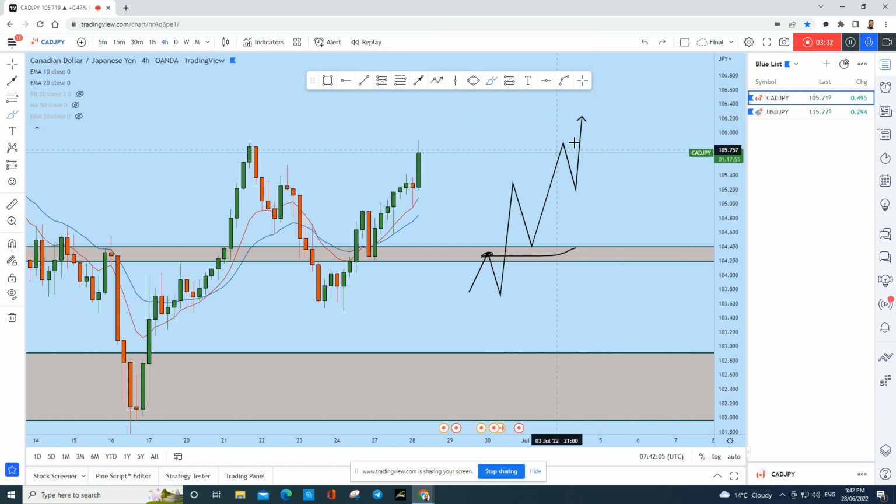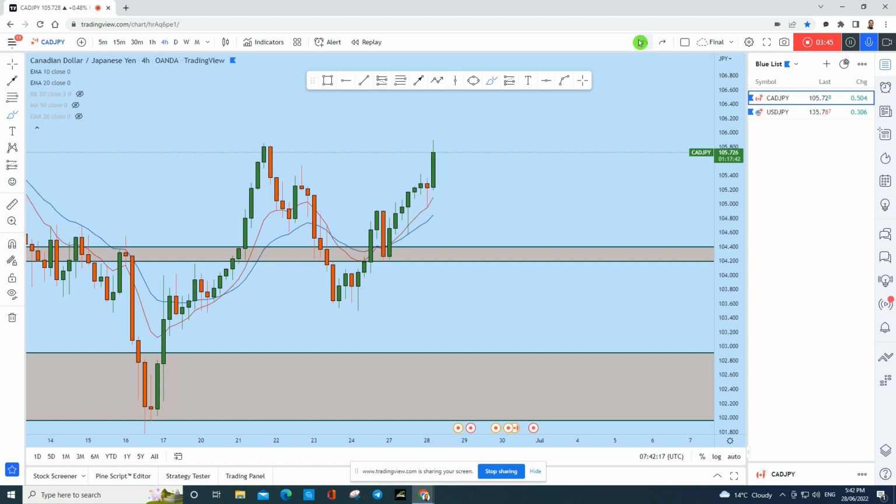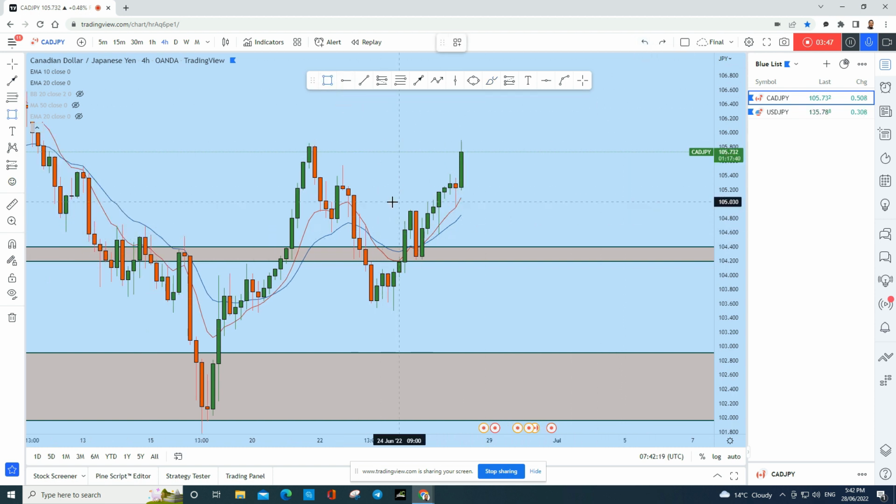So what we can expect now is the price coming back again to this previous resistance, testing it as support, and then we can consider going long with CAD JPY. So with that in mind, what we can expect now with CAD JPY is the price probably coming to this zone